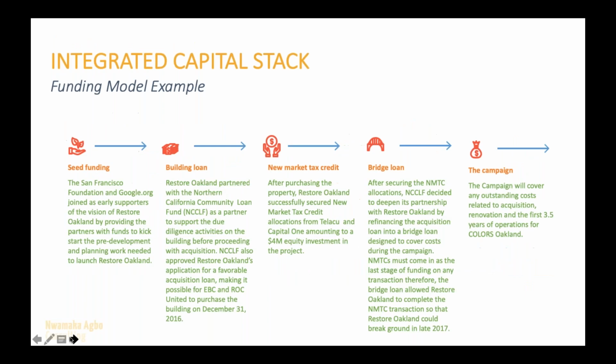One of the things I really wanted to touch on for this project was the integrated capital stack of how we funded it. Restore Oakland ended up being a multi-million-dollar project, both because it took a significant amount of time. Since we started in 2015, we purchased the building in 2016, we broke ground on construction in 2018, and then we just moved our tenants into the building this past May. And so not only, as we know in development, time is money, but then along the way, given that development is so impacted in the Bay Area, that also made it significantly more expensive to do this project.